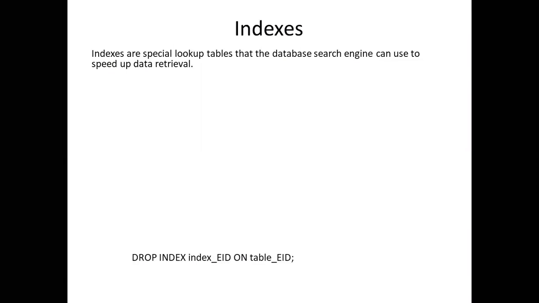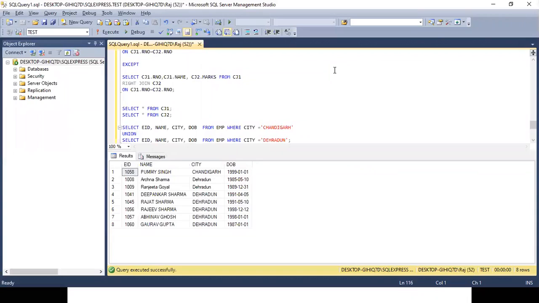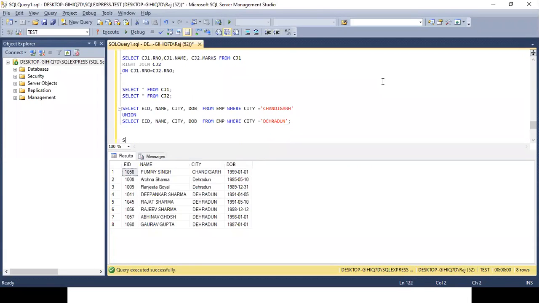Now, we will be implementing this index right now. We will be creating the index, but you will not be able to see the impact of it, because let me give you an example. If I write over here select star from EMP where city equals Delhi. Execute.